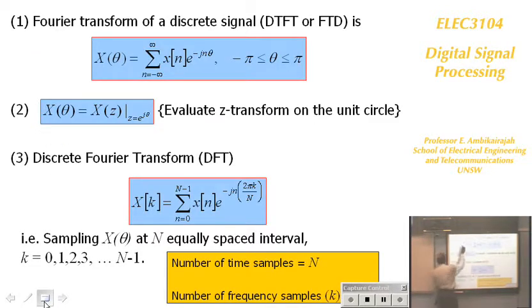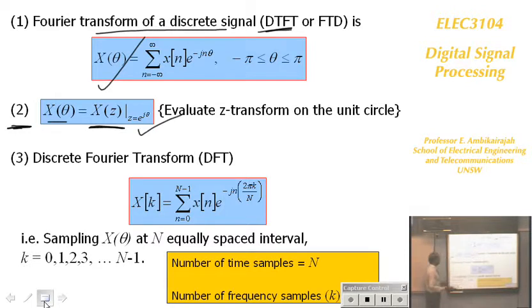So, Fourier transform of a discrete time signal, which is discrete time Fourier transform, X theta is that. That's the way you evaluate. The second method is you find x theta, you find x hat, and then substitute. And the third method, because this is too tedious for complex signals, is, when I say it's not a complex value signal, just a complex sequence, so the next method is discrete Fourier transform,